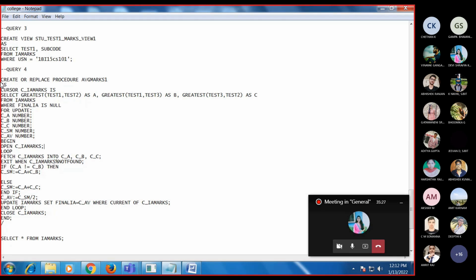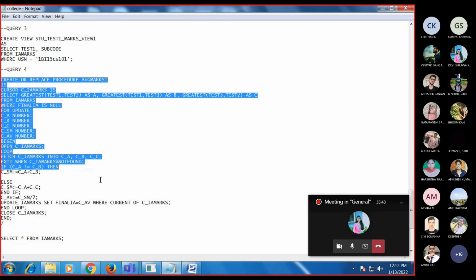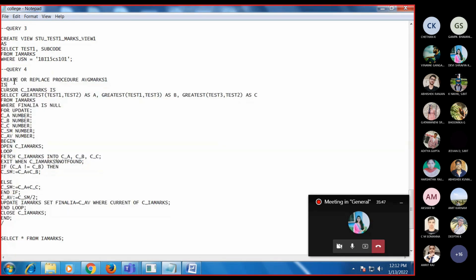In the sense, you can create a function which will be stored in the DBMS server, and whenever you want to execute that information, you just call the function name, and it will be automatically executed here. So in this case, you can see how this has to be prepared here. So here we are creating,